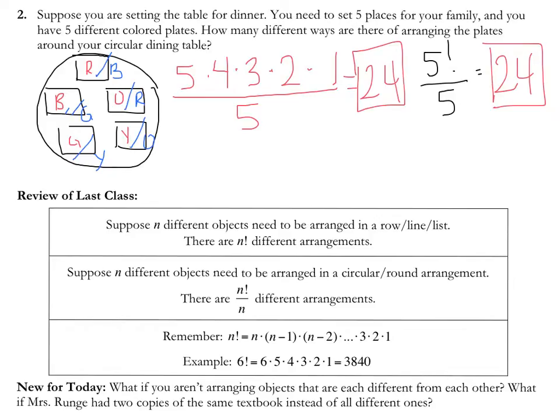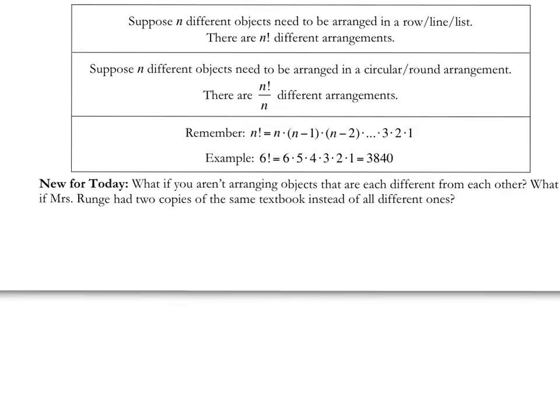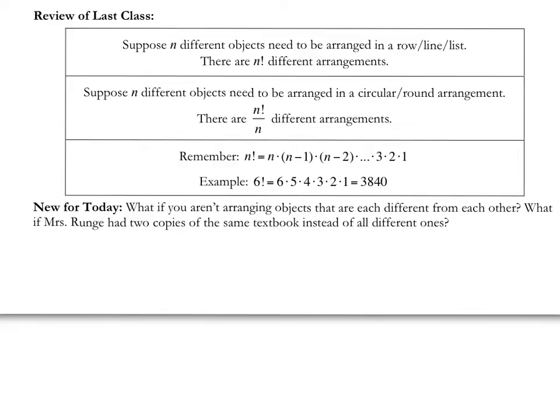So all this information that was reviewed over the past few minutes is all summarized down here at the bottom. If you have n objects that need to be arranged in a row or line or list, there are n factorial different arrangements. If you have n objects that need to be arranged in a circular or round arrangement, there are n factorial